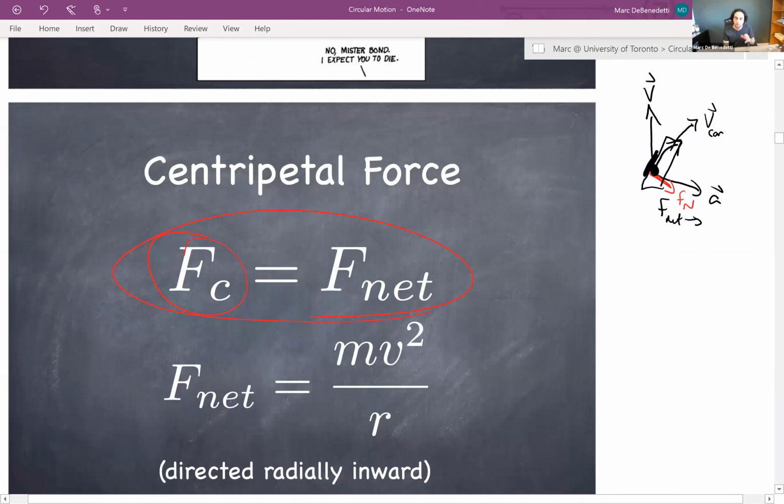It's actually a normal force. It's a surface contact force. The surface of the side of the car is in contact with the side of your body. And it's the push from the surface that's actually pushing you around the corner. So in that case, the force responsible for that circular motion of your body in a car turning a corner